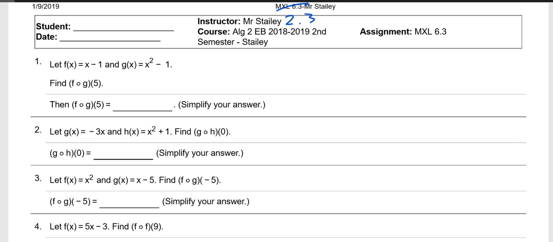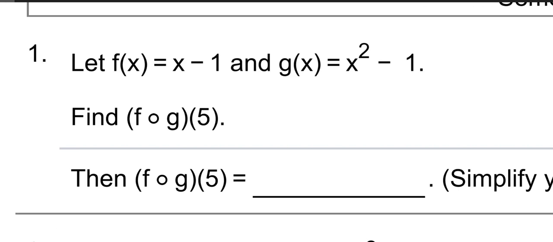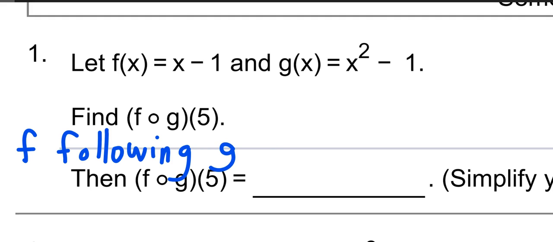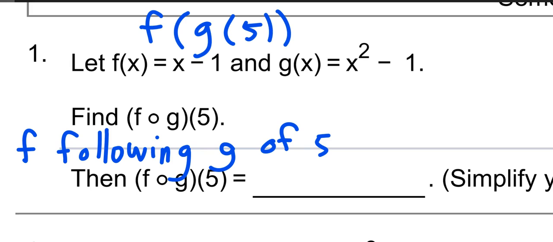This notation that we're looking at is not my favorite notation. It says F following G of 5. Okay, now, I would prefer writing it, and I will write it, F parenthesis G of 5. Now, here's why I'm going to write it. In fact, maybe I should change that to a different color inside there, because